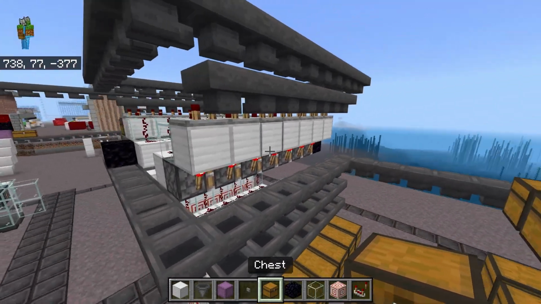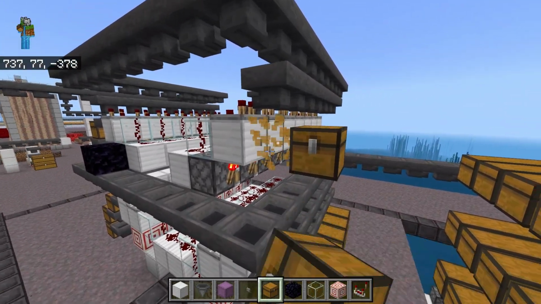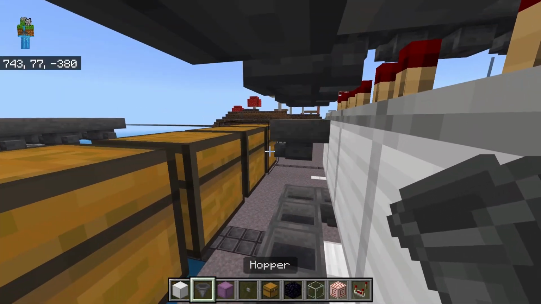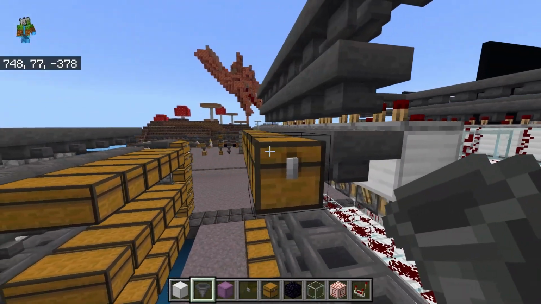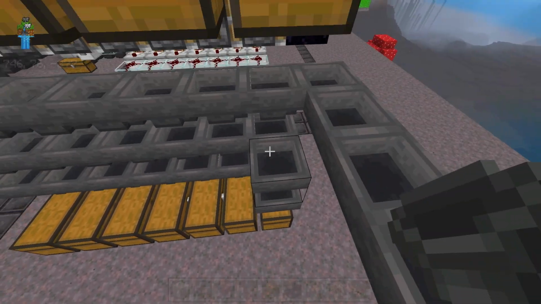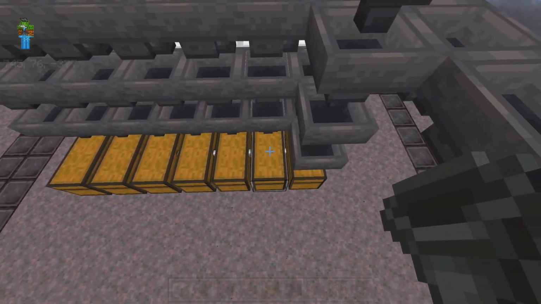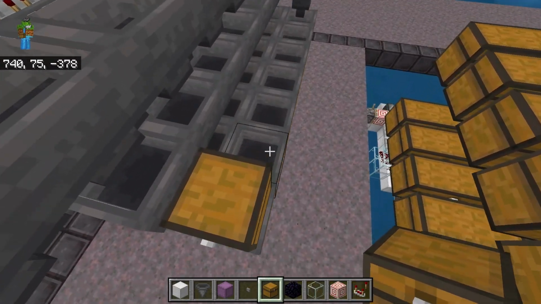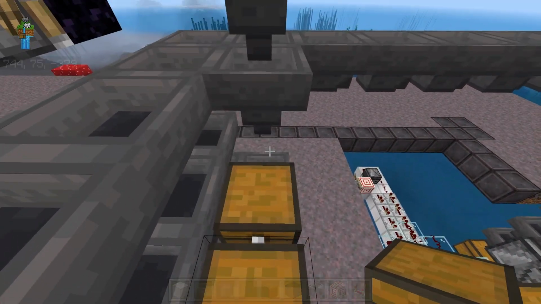So I'm going to try to conserve as much space as I can. And then I'm also going to just merge a single top cell with a single bottom cell. So each of the bottom chests will only have 2 items being sorted down into that chest. And so all we're going to do is make lines of chests and then just hopper all the way up. But you still want to place containers in between each hopper just to make it a little cheaper.